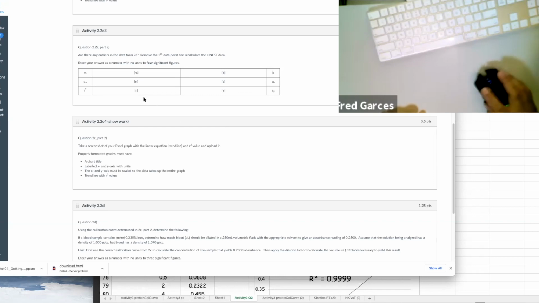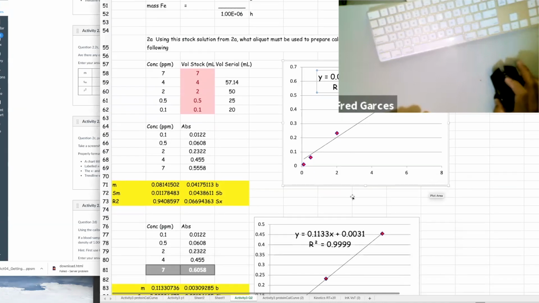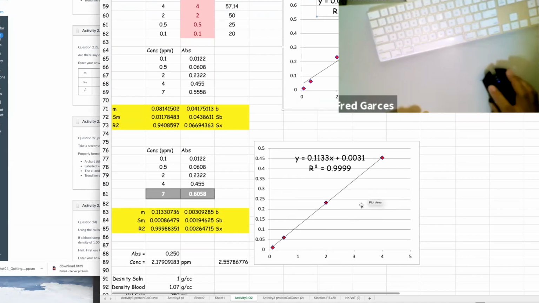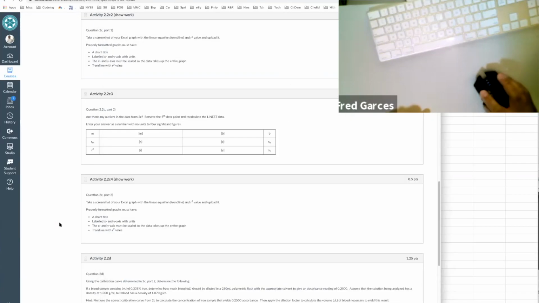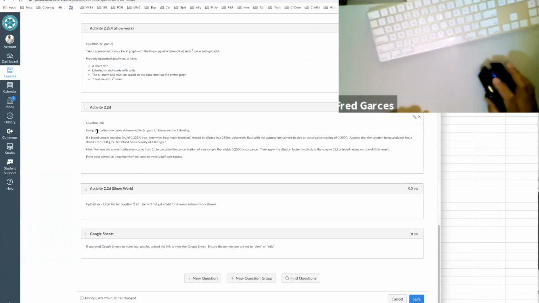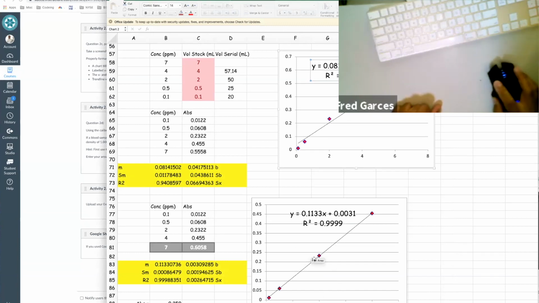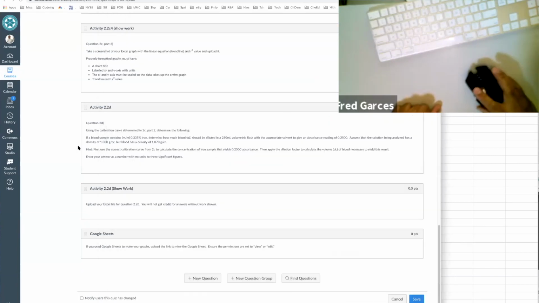When you get the second data point, you're going to use this graph for the last problem. Let's take a look at the last problem. It says right here, using the calibration curve determined in 2C, that's this one that's corrected right here, it says,